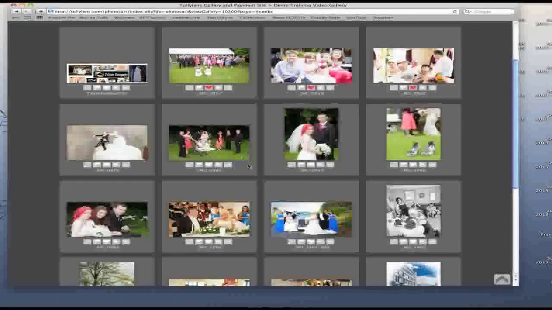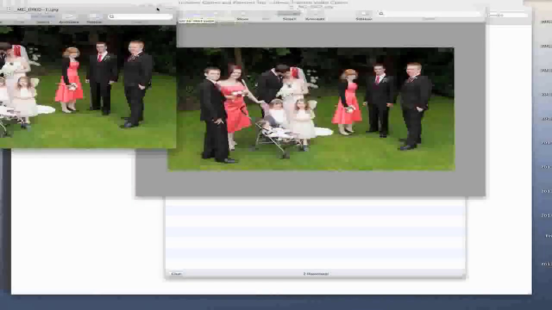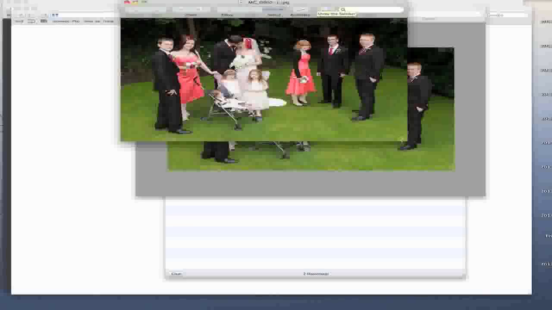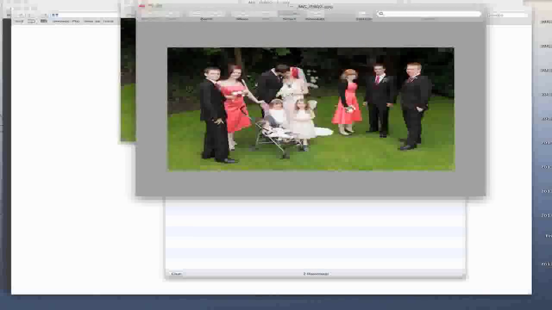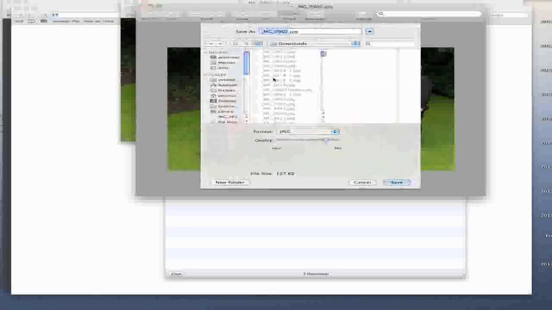So say for example you really like this photograph, you can actually download it. So I click the free download button. And then it downloads. And I can see it there. That's it. And then I can simply save it. I could save it as in this case a JPEG. I'm going to highlight it. I'm going to give it a new name. So Joe's wedding